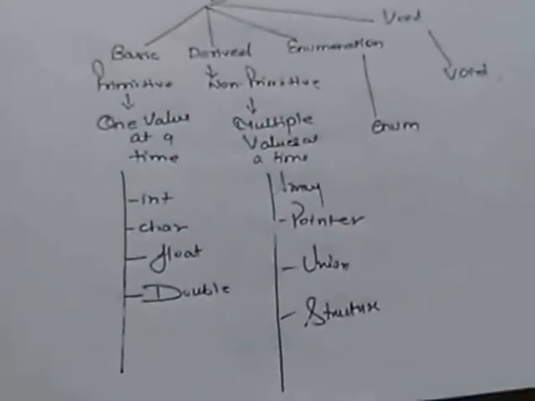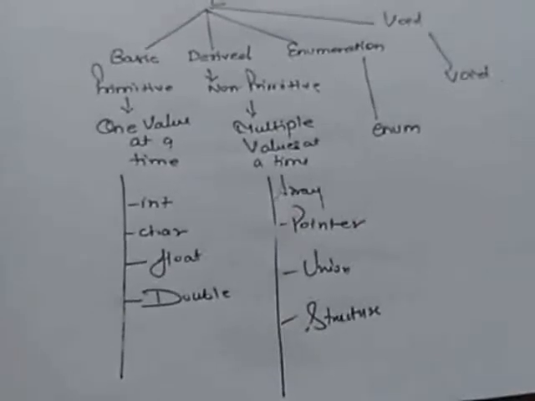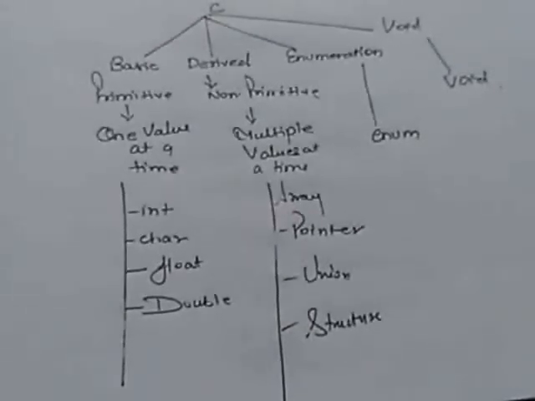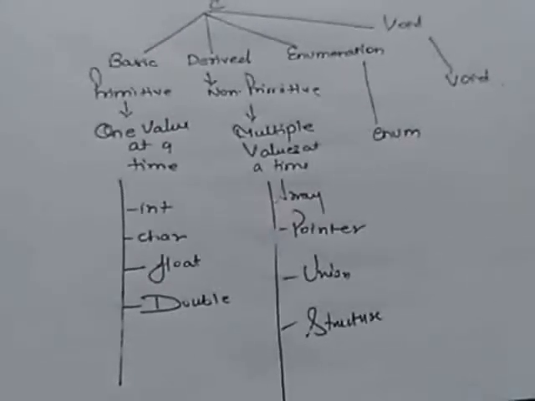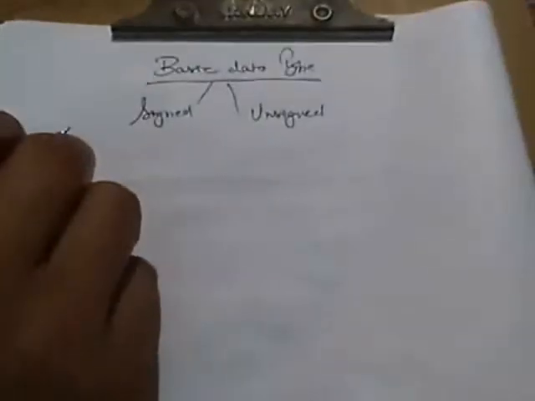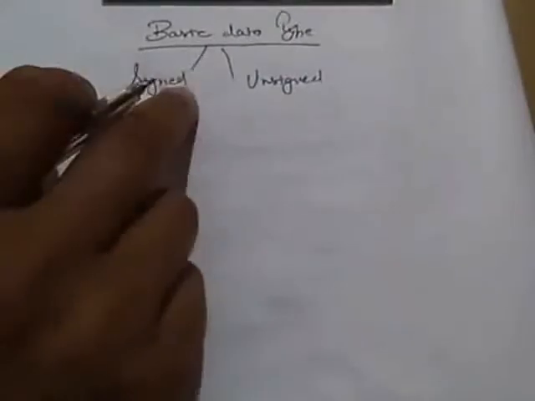Now, you have seen that these 4 types of data types we have in C language. Now we will describe each one of them one by one. So now, basic data types. These basic data types are integer based and floating point based. C language supports both signed and unsigned data types. The memory size of basic data types may change according to the operating system. For example, 32-bit operating system or 64-bit operating system.